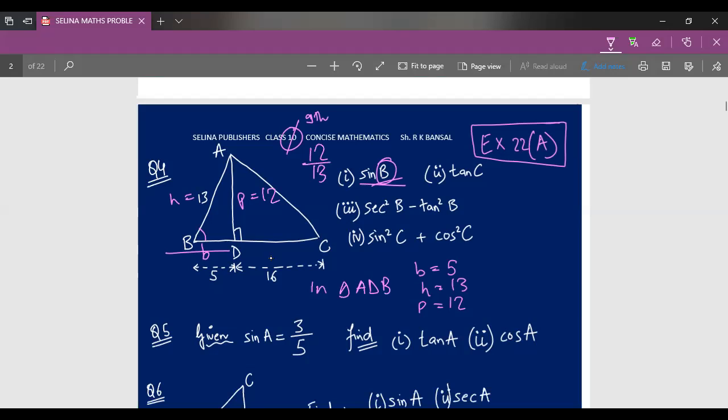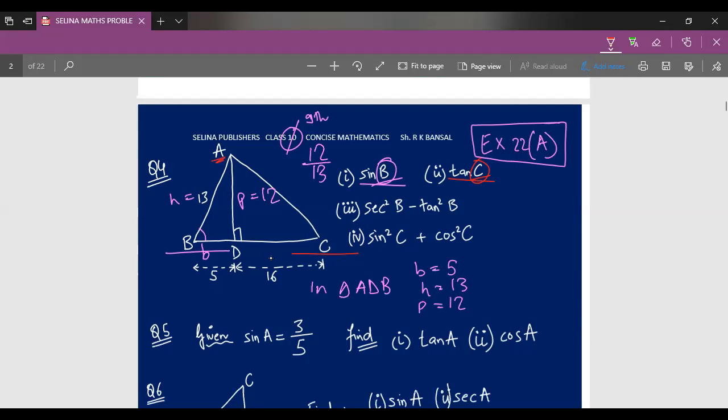So we'll move on to our next question. Our tan C. In tan C, the alphabet C basically means that angle C should be towards the ground. It should not be in the air like A here. The alphabet A is in the air. If it were tan A, the figure would have to be readjusted so that A is towards the ground. But here it is tan C. Tan C is already towards the ground, so no modifications are required to the figure.